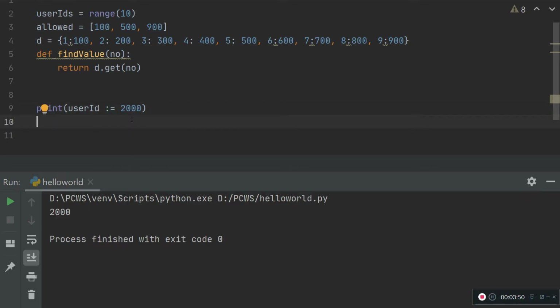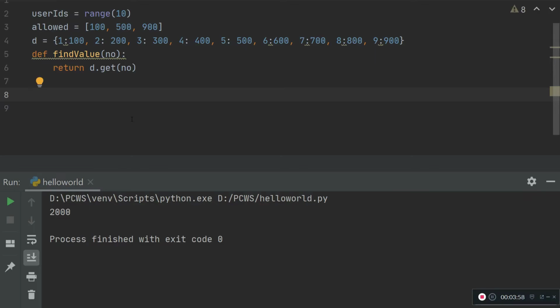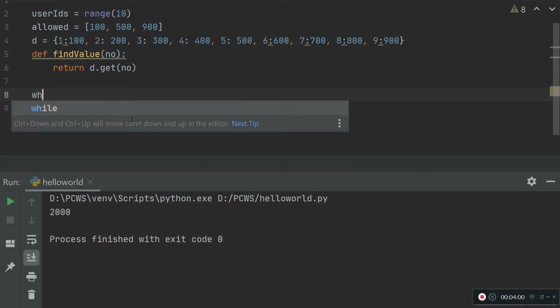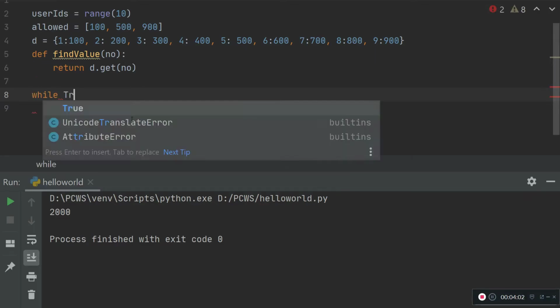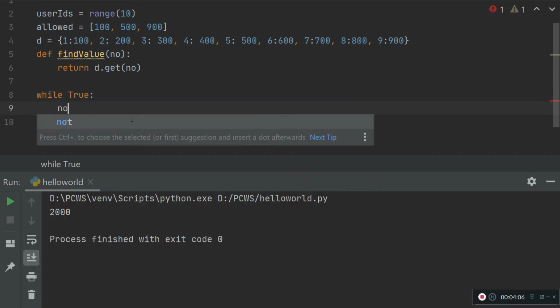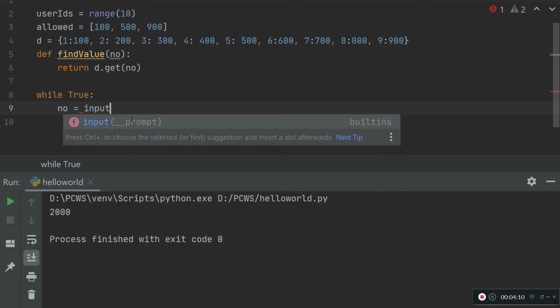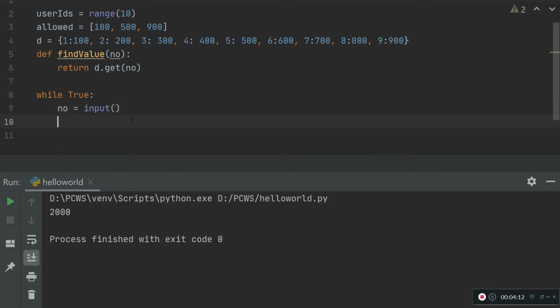So where can we use this and how can we make better code using the walrus operator in Python 3.8? Let's say I am taking inputs from the user, some numbers, and evaluating the number until it reaches exit.